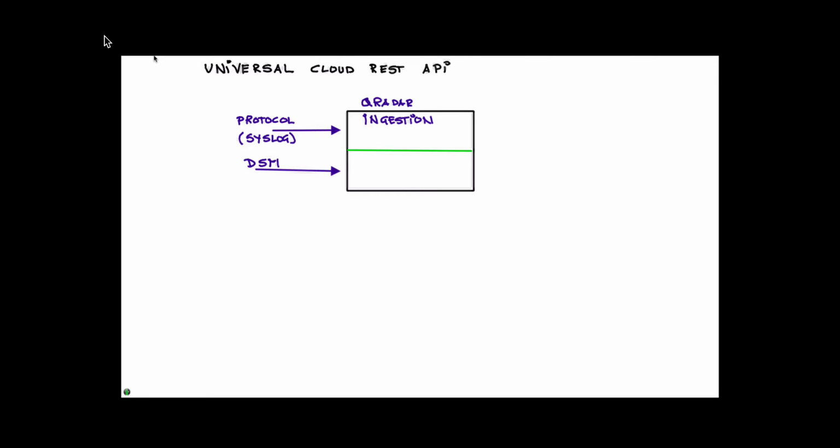But you also need a DSM, a parser. That's our name for the parser. And for the parsers, there are, of course, very many that QRadar produces and supports out of the box. I don't know, 500 of those. I don't even know the actual number. Or if there is something that IBM doesn't provide a parser for, you can create your own